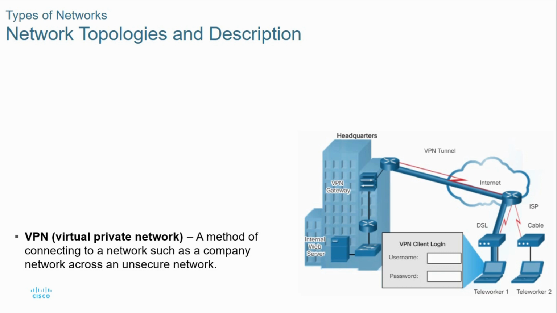There are two types of VPN connectivity. These are site-to-site VPN and remote access VPN. Teleworkers or mobile workers are the one who mostly use this kind of network. Moving on,